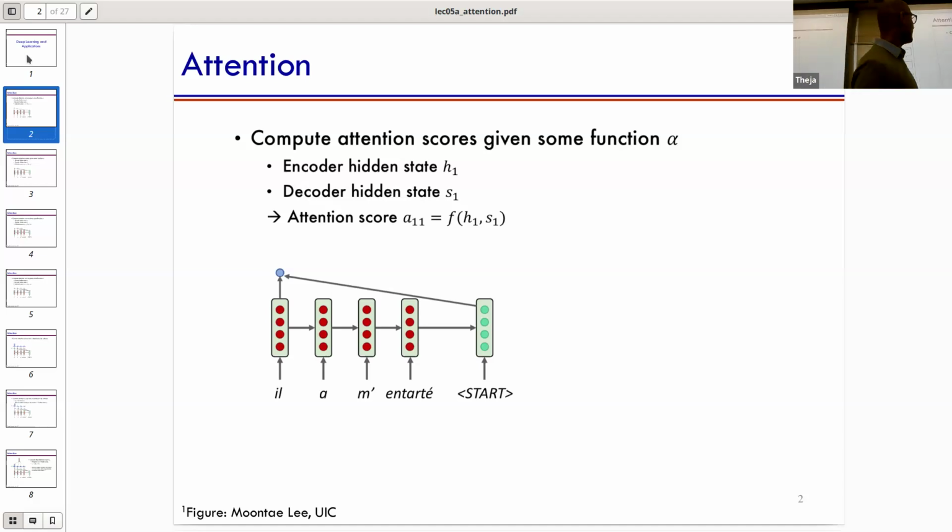Let's say we have this French sentence, and the red 4-dimensional vectors represent the hidden vectors that we computed while encoding it using an RNN or LSTM block. Each step is just an LSTM cell producing the hidden vector, which is then used along with the new input to produce another vector, and so on. So this red part should be clear, and this arrow should be clear. Now we want to start decoding. We want to give a special token, generally a dummy token or a start token, and then start producing a response. We're just doing the forward pass, no training here. We can think about training later.